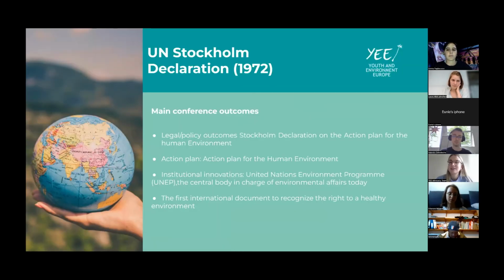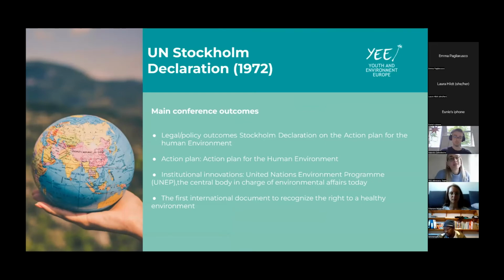in early 1972, which is, for me, very impressive when I found out that this discussion started so early. The climate change discussion in Stockholm, which was the first actual conference regarding environmental issues. And many states gathered in order to discuss how the issue of climate change has to be handled. And the main outcomes of the conference were policy outcomes such as the Stockholm Declaration and an action plan